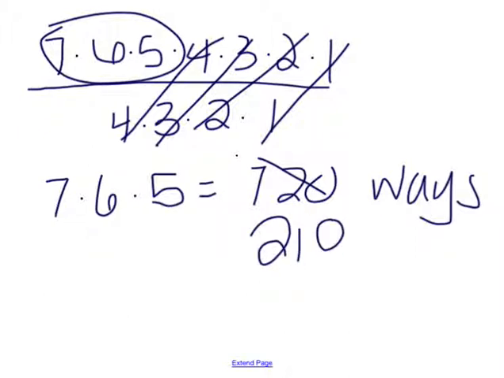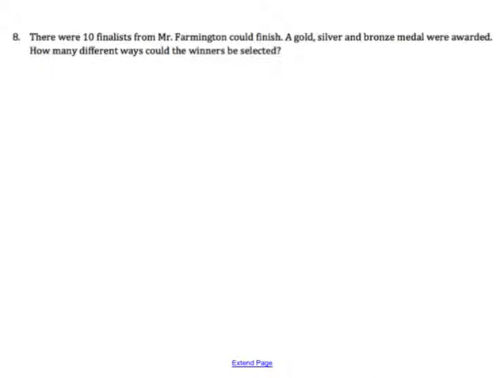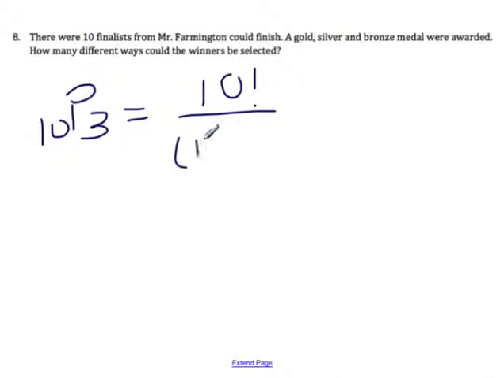It's very sad. Okay, let's take a look at number 8. So the finalists from Mr. Farmington could finish. A gold, a silver, and a bronze were awarded. All right, so there's 10 total, but there's only gold, silver, and bronze, which is 3 positions. So there's only 3 positions they could win. So we're starting off, we have 10 factorial on top. Then on the bottom, we have 10 minus 3, and then factorial. So we have 10 factorial